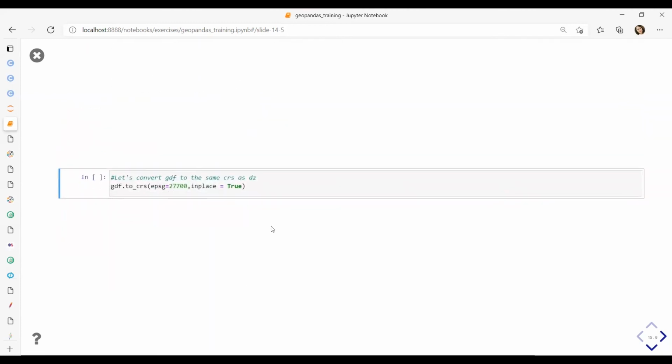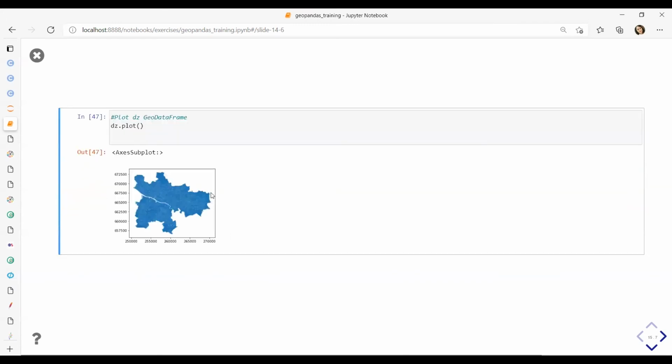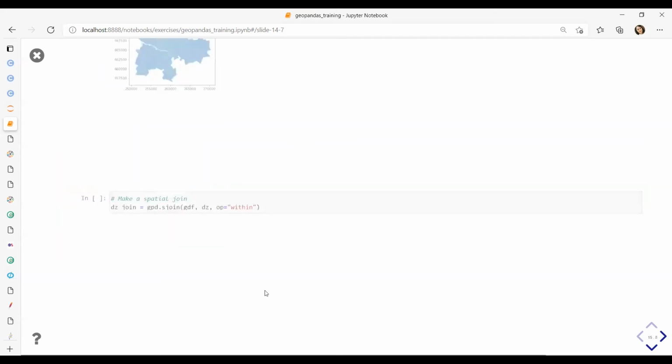So let's convert our geodata frame to match the data zones, specifying the to_crs command and the British National Grid code. Let's look at our data zones.